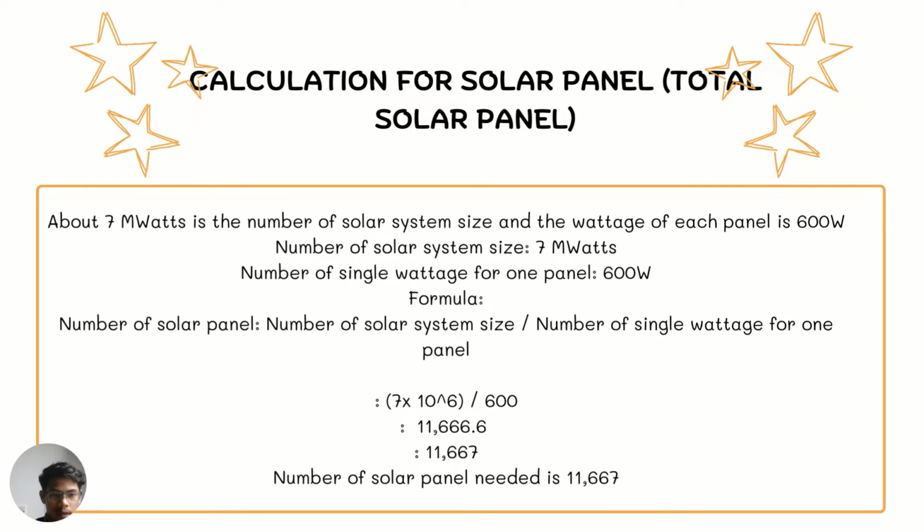So the formula is the solar system size divided by the wattage of a single panel. So the solar system size is 7 megawatts. Then the wattage of a single panel is 600 watt. Then we divide, we will get